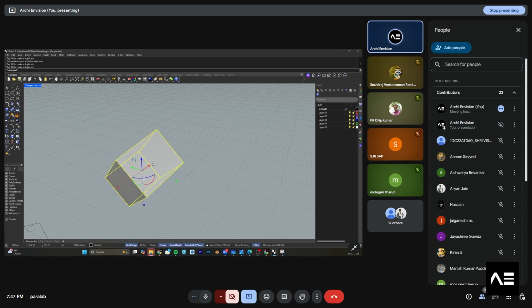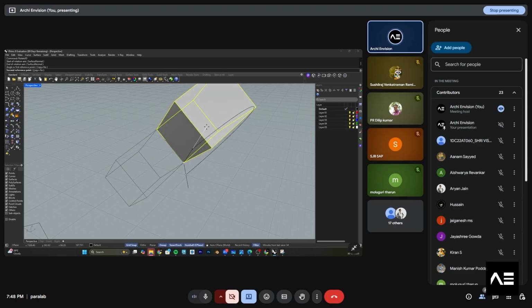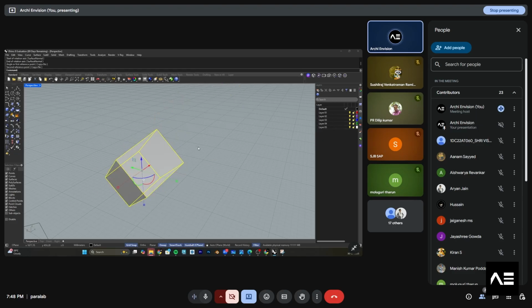There is a command called Rotate 3D. If you want to rotate the 3D object, click on one end and click on the axis. You can rotate the entire thing. Rotate 3D will be quite advanced for you people. As of now, just stick to the basics of gumball.